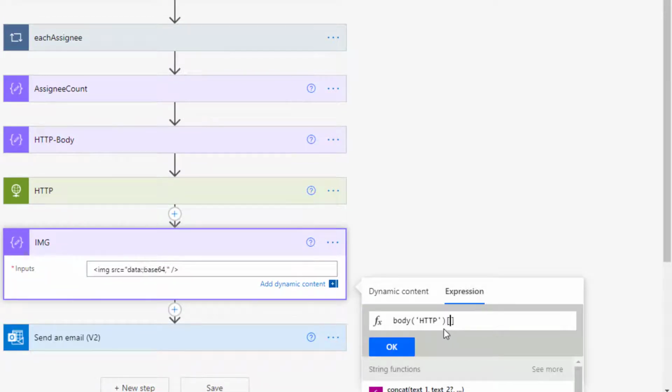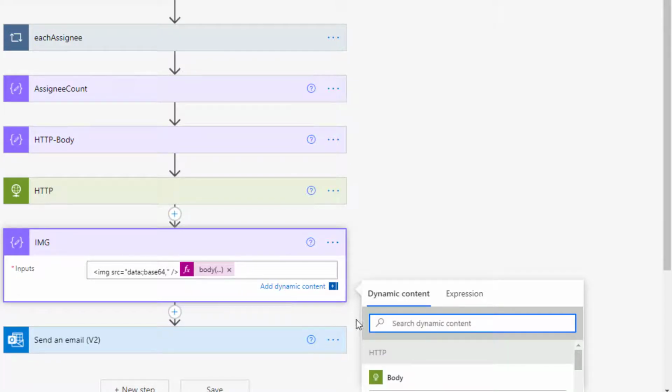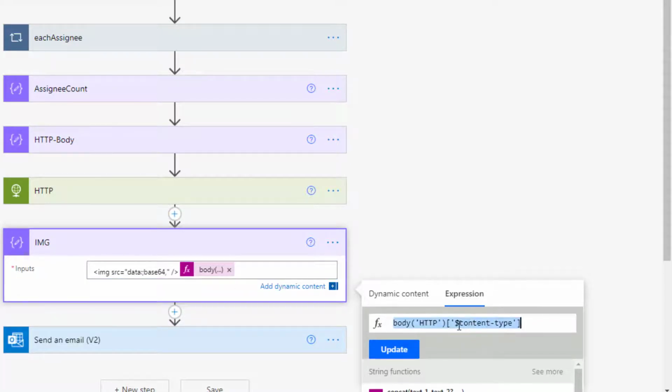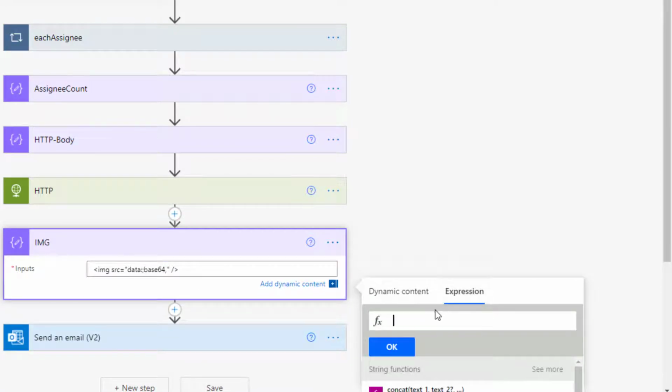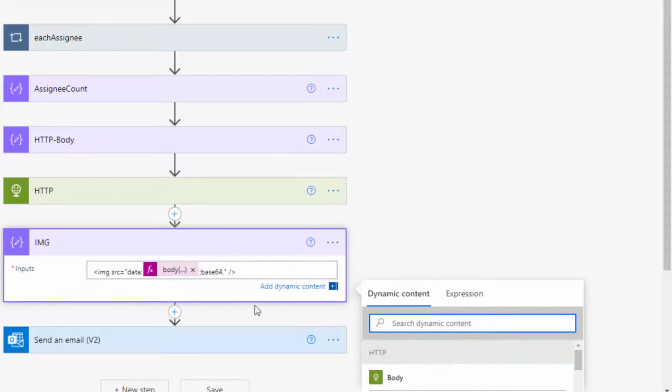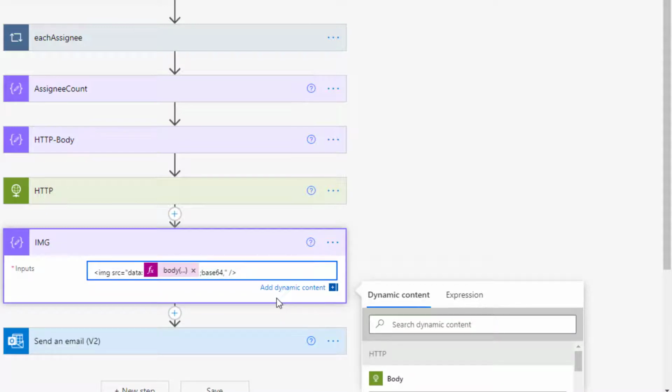We'll go body HTTP content type. And then the base 64.